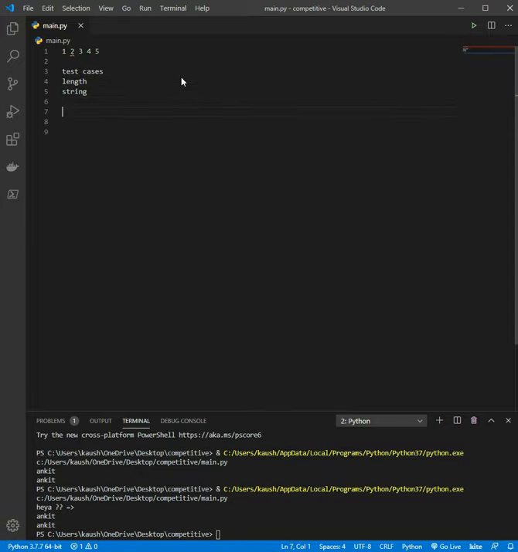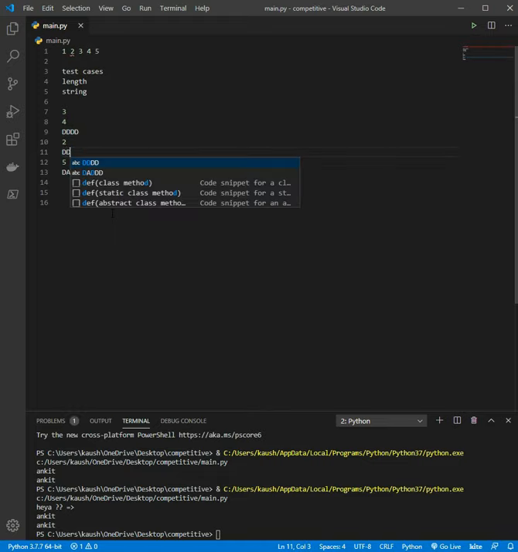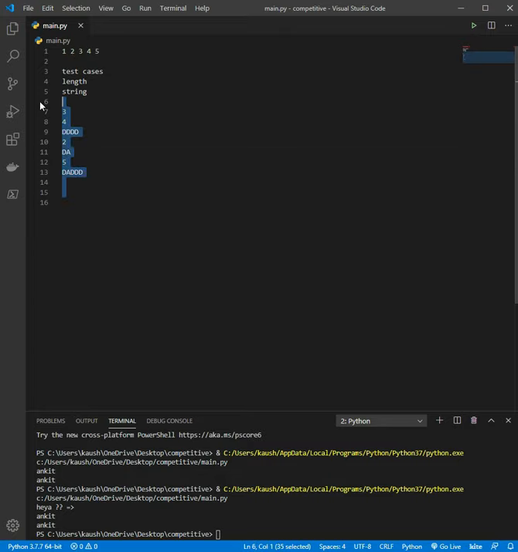So these are the tags, and the input will be of this type: 2 3, length is 4, and the string would be DDD for now. So if it is 3, I have to make 3 test cases for it. So these are the 3 test cases, like maybe make it 4 and add a, and again if I do 2, then just 2da. Now this is usually how the input is given.